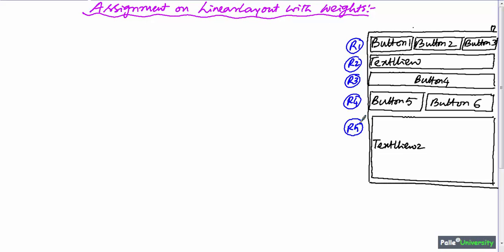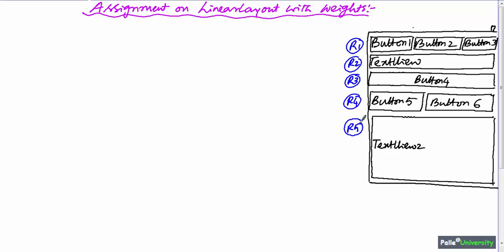Will you take a root element as vertical linear layout or horizontal linear layout? If you observe first row contains 3 elements which is sitting side by side to each other, which is obviously a horizontal linear layout because they are touching x-axis. But if you observe row 1 and row 2, they are sitting one below each other.